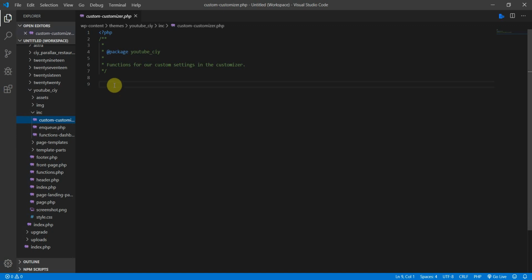So the first thing you need to do is open up PHP tags and then put in a comment here. And this is the name of your theme. And a little comment here of exactly what we can find in this file. So functions for custom settings in the customizer. You can name it whatever you want there. All right, so let's first start by creating a function for our